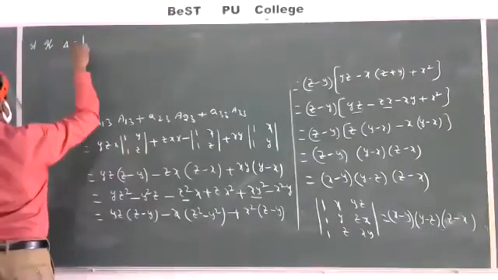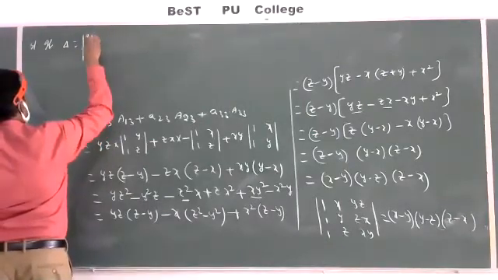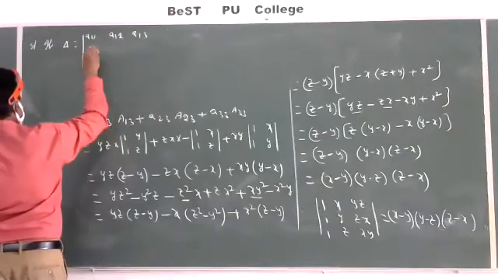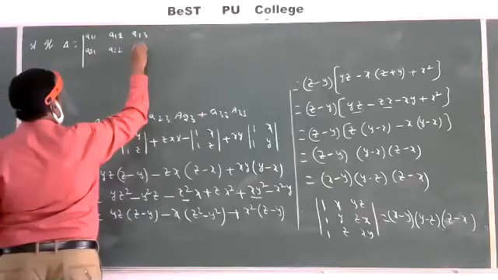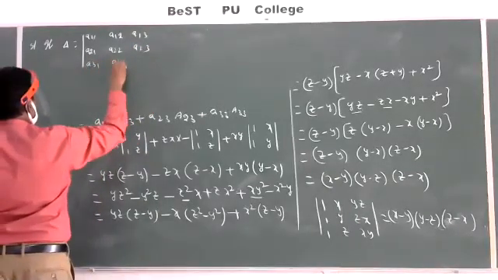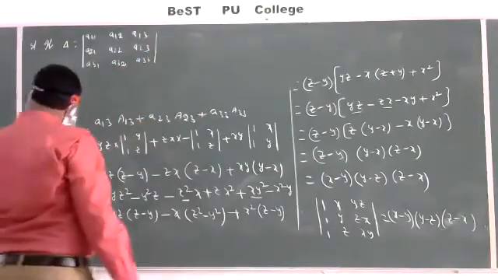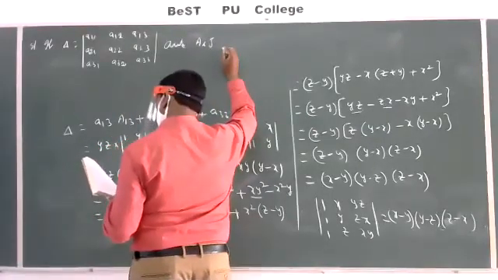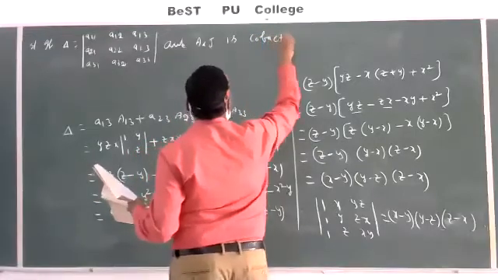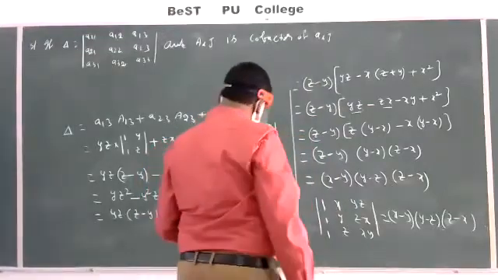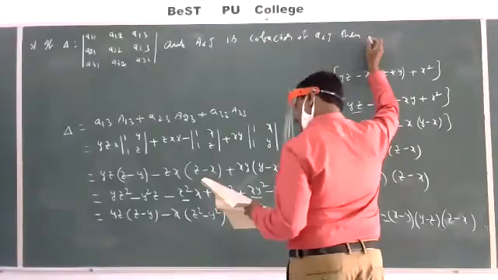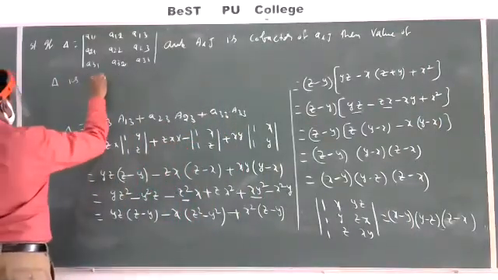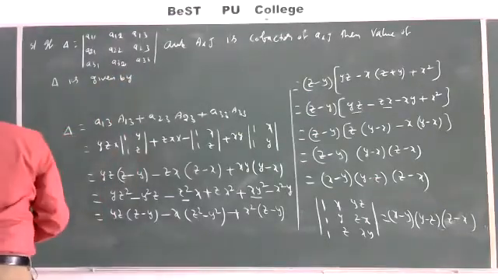Here, if delta equals the determinant of A11, A12, A13, A21, A22, A23, A31, A32, A33, and capital Aij is the cofactor of Aij, then the value of delta is given by...